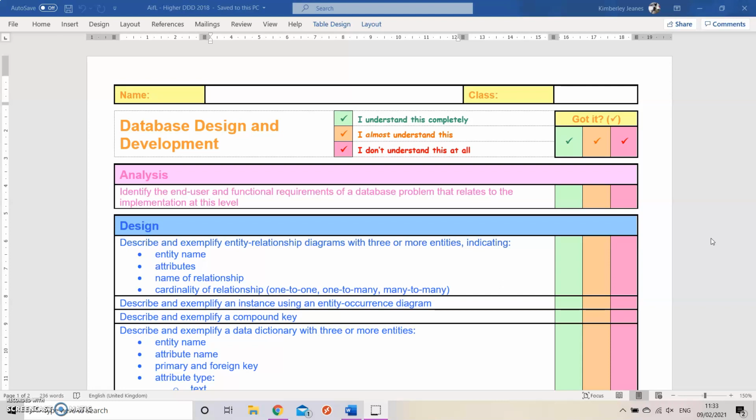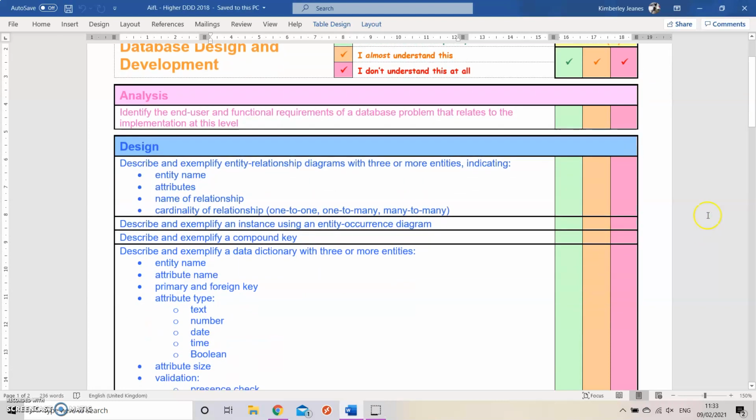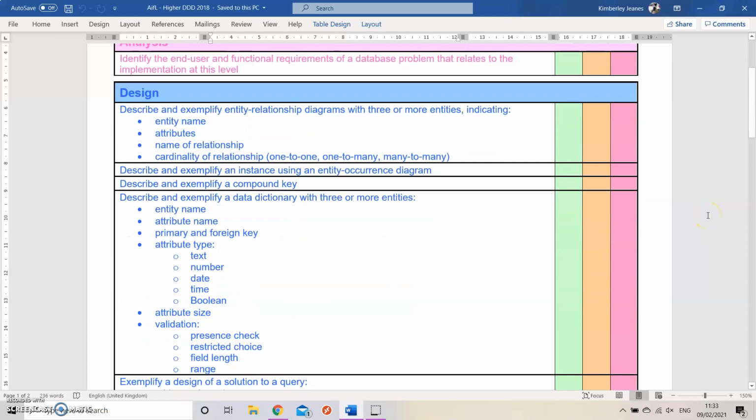Okay. Topic 2 is looking at design. And it's quite a large section, okay? So we started off with entity relationship diagrams, making sure that we understood how they moved on from National 5 and the fact that we could use 3 or even more entities, and that all of the entities would have the entity names for each of the boxes, the attributes in the bubbles around the outside. We would have the name of the relationship. That's the important bit that a lot of people miss, of what is the connection between these two different tables